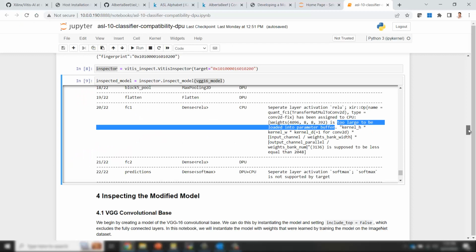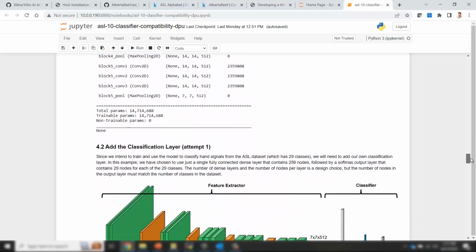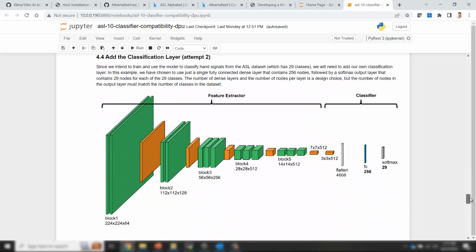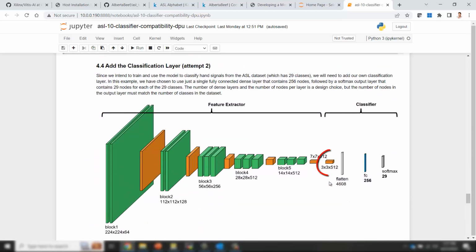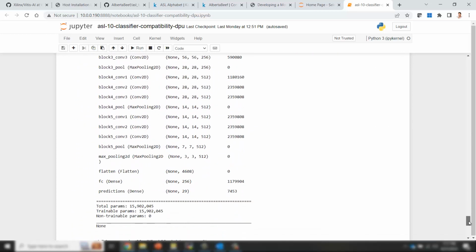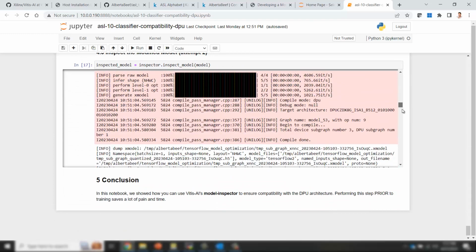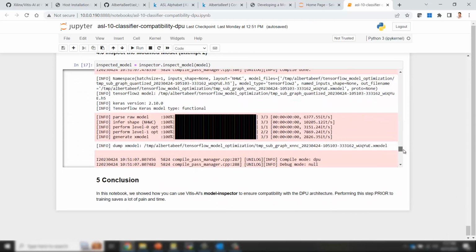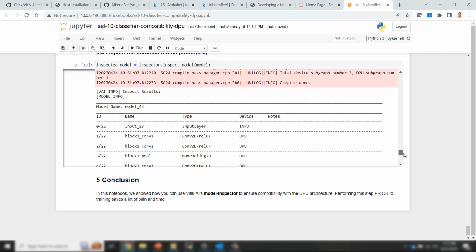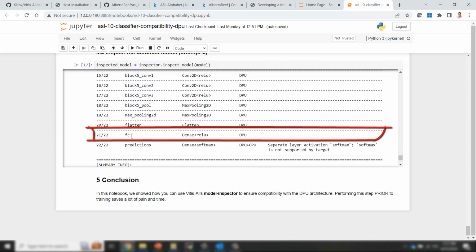Now, if we rerun the model inspector on the modified model, this is where we added the additional max pooling layer to bring our flattened layer down to 4,600. And once we rerun this into the model inspector, we can see that this time, if we look at our layers that are supported by the DPU, we now have a fully connected layer that's